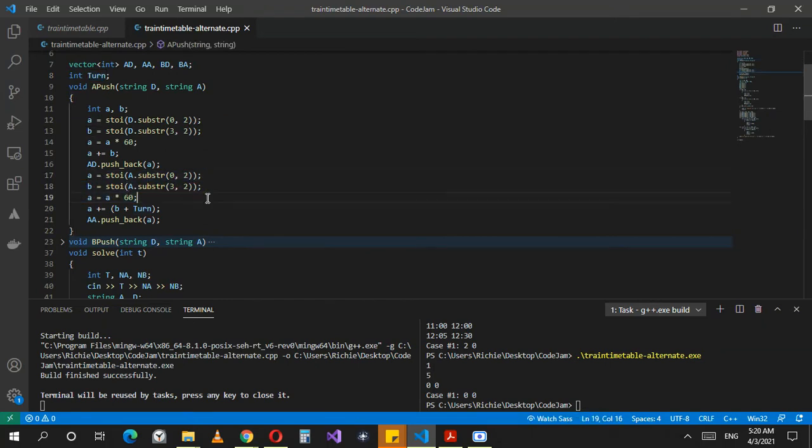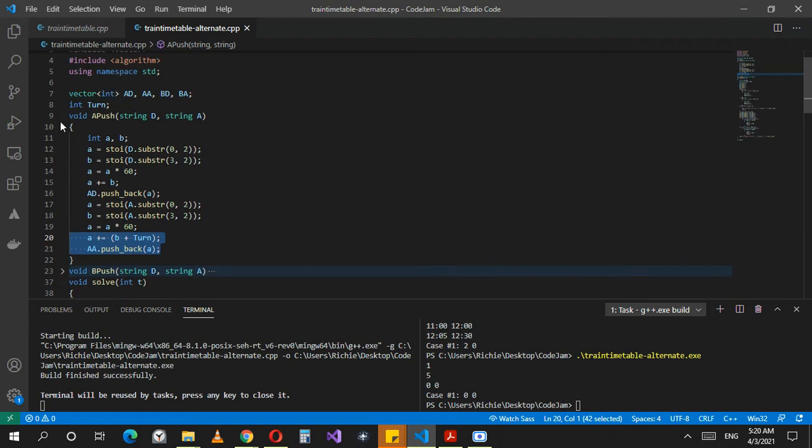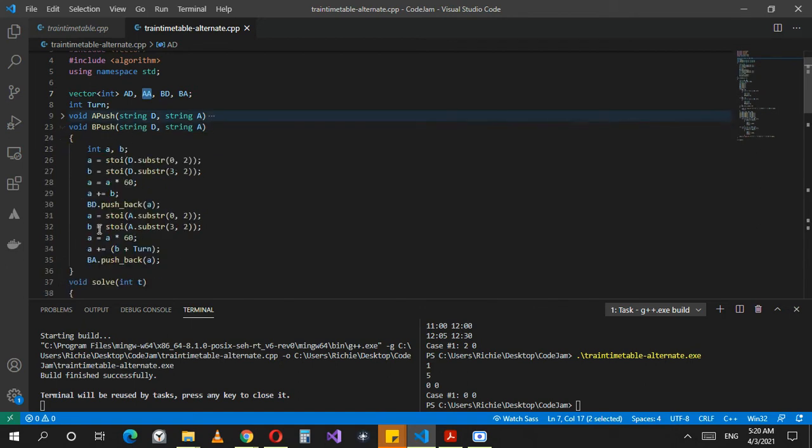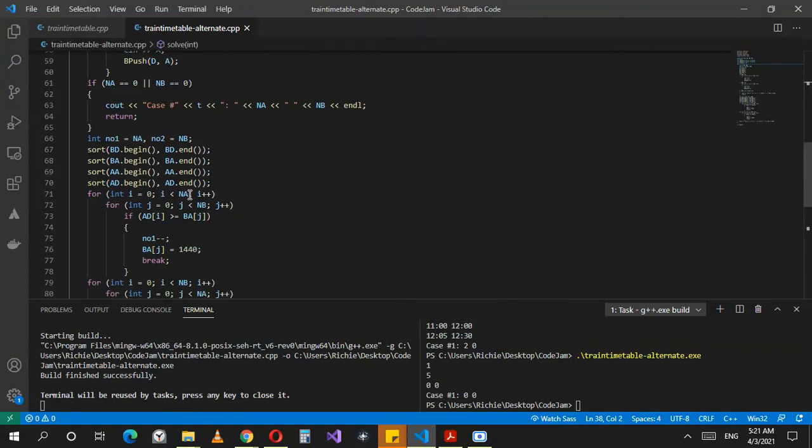And the next one is the arrival time. So here I'm again taking in the HH in A, MM in B. I convert the hours into minutes. And now while adding the MM, the minutes back to the hours, I add the turn time. So this is where you have to add it, and I push it into the arrival at A, sorry, AA. That's arrival from A to B. This is the time it arrives at B, AA. And the same thing is happening in B, only the vectors are different. I decided it was better to have a separate function rather than go with if and else conditions. Okay, now coming back.